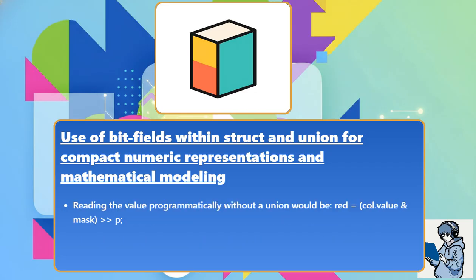Reading the value programmatically without a union would be red = (c.value & mask) >> P;